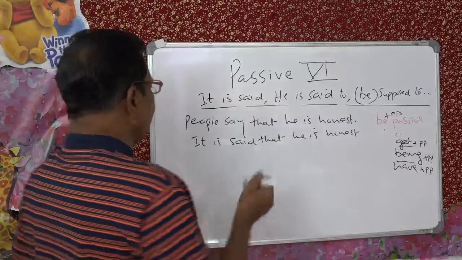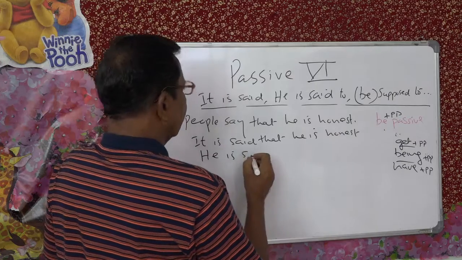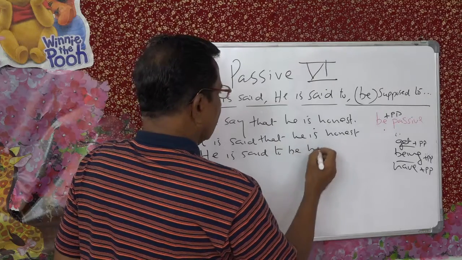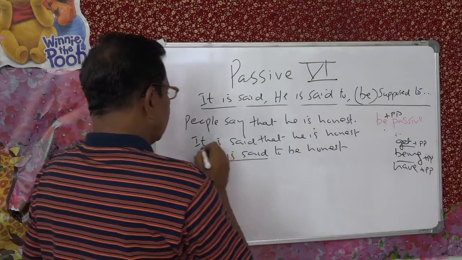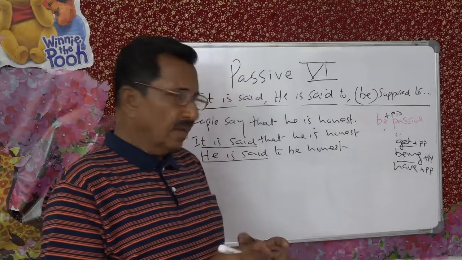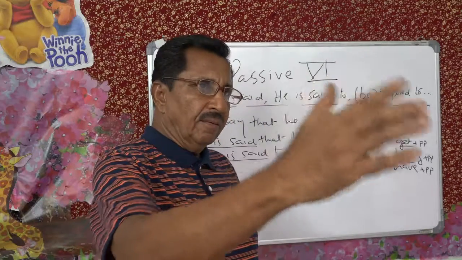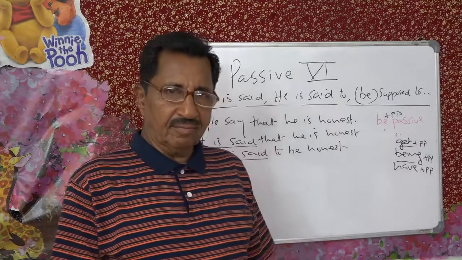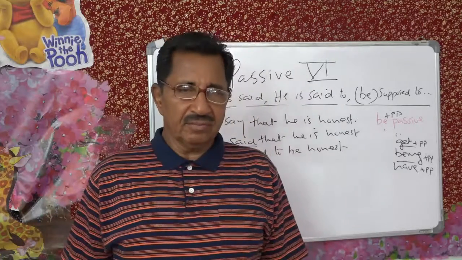Or in this case, you can also say, he is said to be honest. See that? He is said to, so this part is the passive part. The remaining part, to be honest. Or you can say, people say that the old man is 102 years old. And this passive is usually used by reporters.